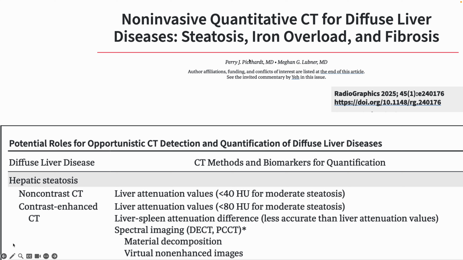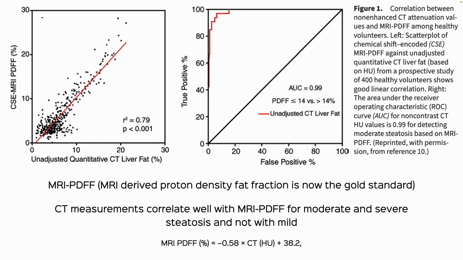He's done this lovely paper in Radiographics on non-invasive quantitative CT estimation, and he says that a liver attenuation value less than 40 HU when using 120 kV means moderate steatosis. More importantly, in 2018 he derived an equation where you could convert the CT Hounsfield units into an MRI-PDFF equivalent. MRI-derived proton density fat fraction estimation is the gold standard, and it replaces